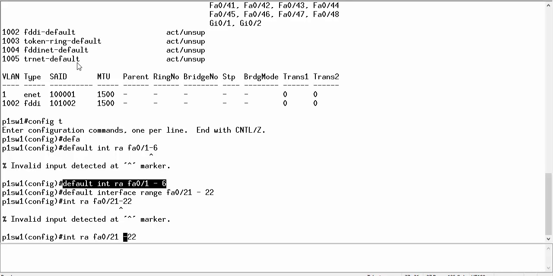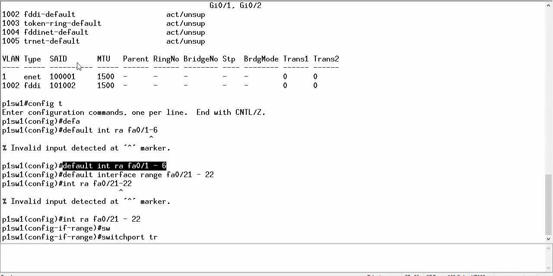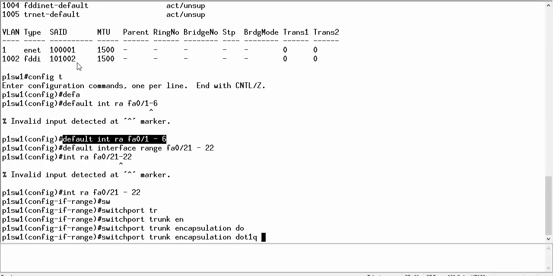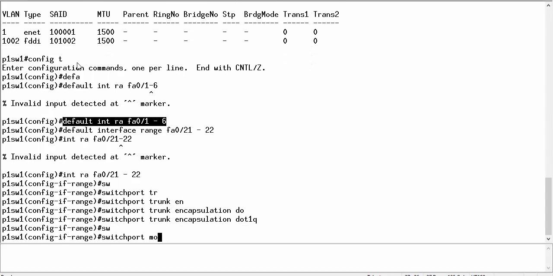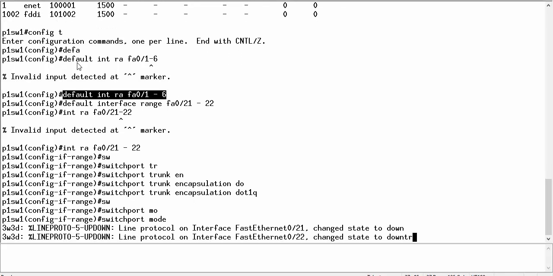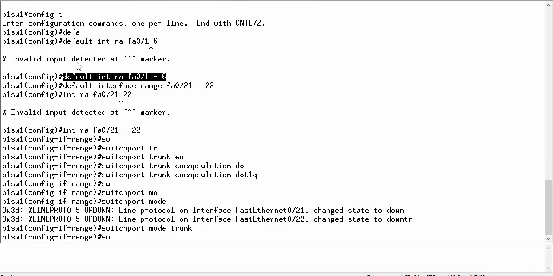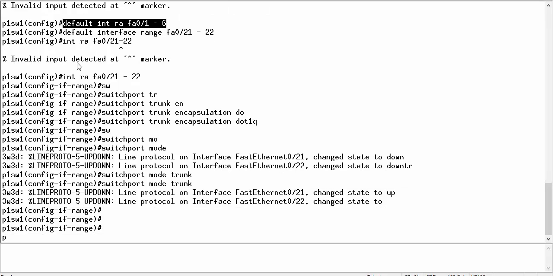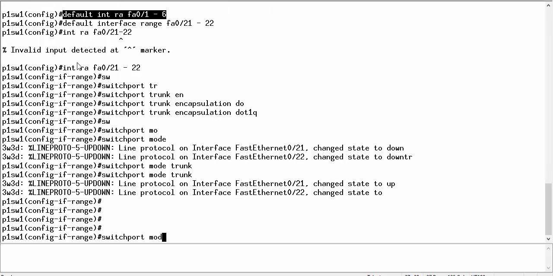Okay, always give a space in the real devices. Then switchport trunk encapsulation dot1Q, switchport mode trunk. Then it asked me to put switchport trunk allowed VLAN. So let's put switchport trunk